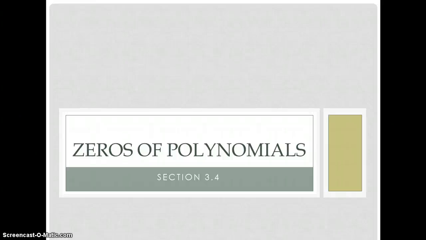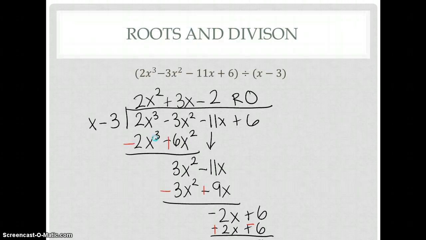So what we talked a little bit about in class, expanding our division into how do we actually find zeros, roots, x-intercepts of polynomials. And how does synthetic division, or if you really want to do long division, feel free, how does that help us get this information? So if you look, and I kind of have already gone through the process because this is just a review, but if we take a